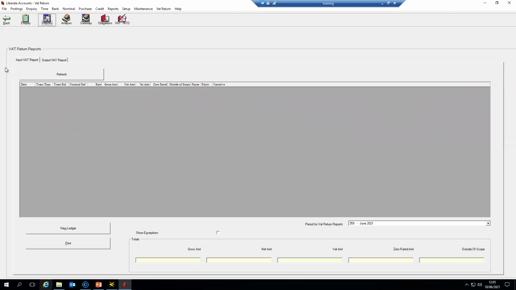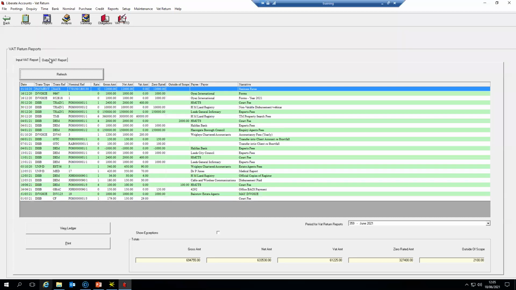And this is a report showing the breakdown of transactions that make up your VAT return for VAT input and VAT output. So you'll see that you've got two tabs on the screen, input VAT report and output VAT report, and nothing's here at the moment. That's purely because I haven't clicked the refresh button. So if I click this refresh button at the top of the screen, I'm presented with all the transactions